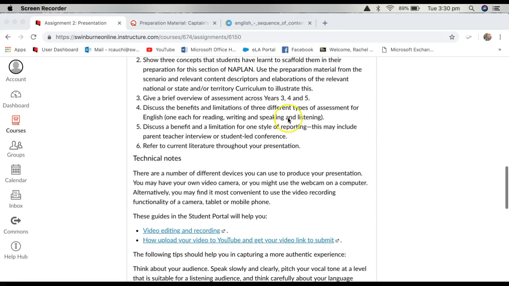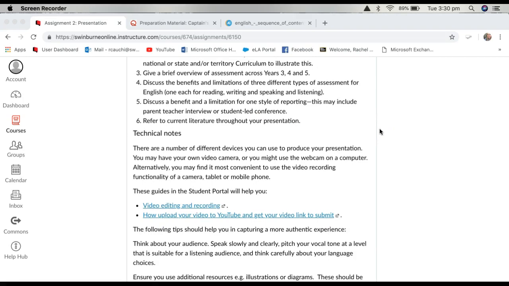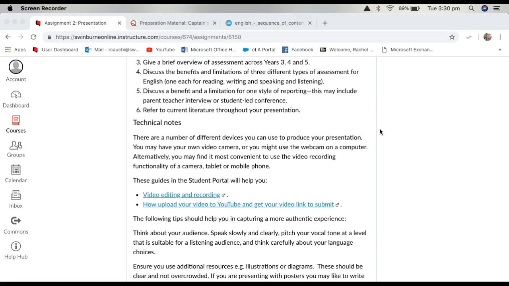So you don't need to think about that one too much. It's just reporting on a benefit and a limitation of one style of reporting. So think about ways that information gets to you. And if you're a parent, that might help you a little bit because you can think of how your child's school reports back to you and gives you information about